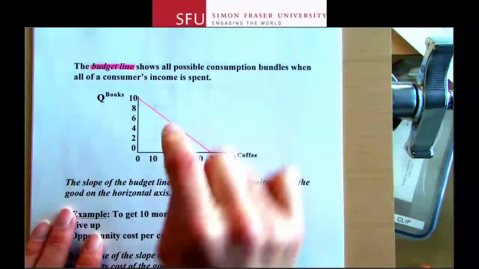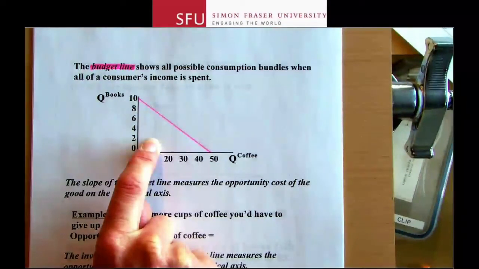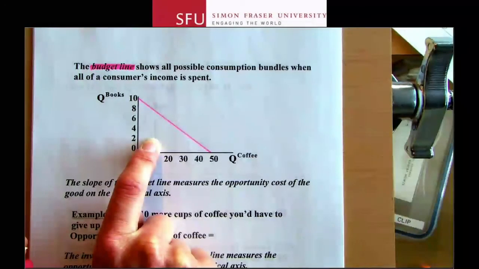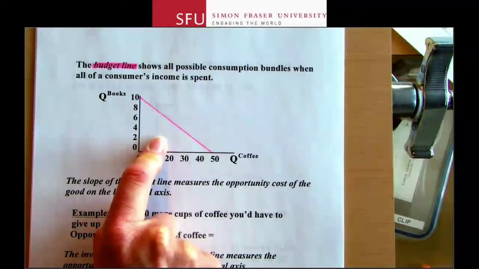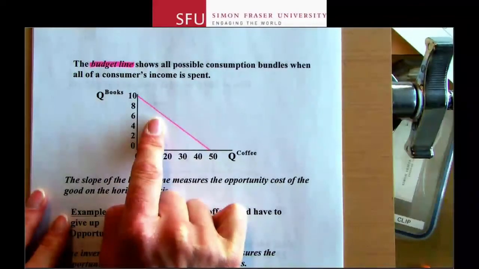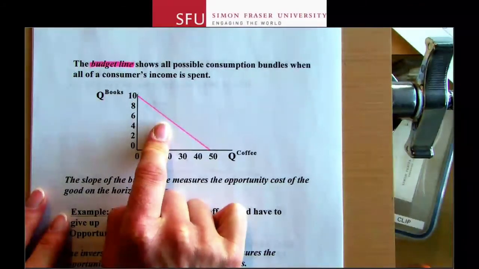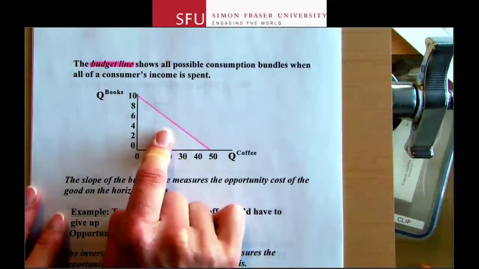If they wanted to, say, get 2 books and 10 cups of coffee, they could, but it would be inefficient, right? Just like points inside a production possibility curve are inefficient because the person then is not making themselves as well off as they could. They could get more stuff. So anything inside is inefficient. And then the other similarity is that the slope of the curve measures the opportunity costs. It did the same thing with the production possibility curve. It measured how much of one good you had to give up to get more of the other good. So likewise with this slope here.